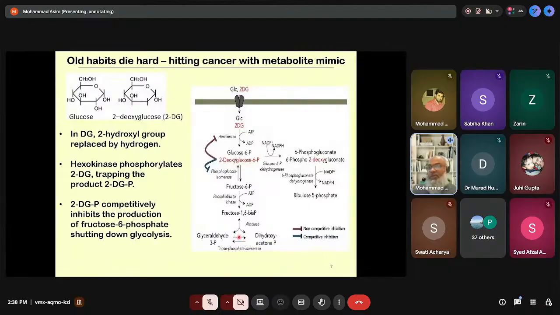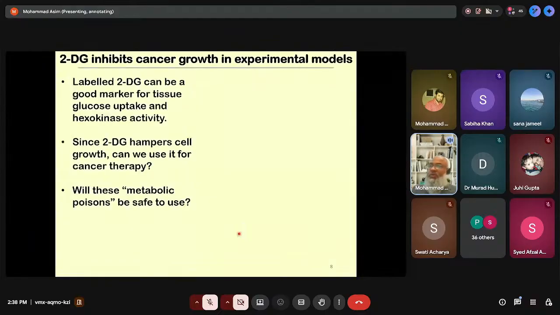So that is something you can think of using as a treatment for cancer, which are highly dependent, and in fact, the majority of solid tumors, I said, are reliant on their ability to suck up a lot of glucose from the environment because of the Warburg effect. So experiments have been done with this